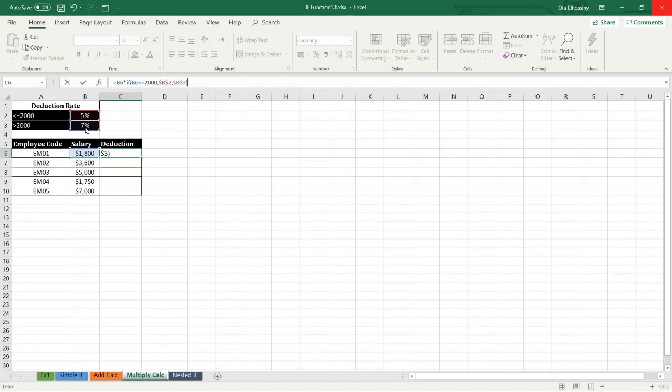Let me explain what this exactly means. This means I want to multiply the salary amount to the result of the IF statement and press enter and copy down the formula by pressing the corner, by double click the corner